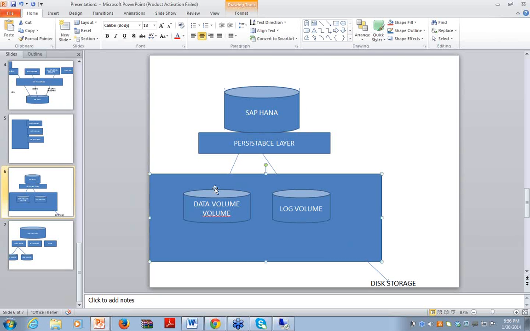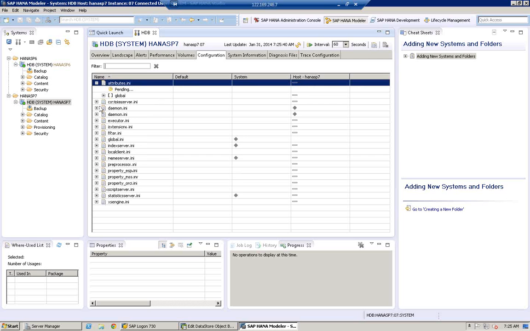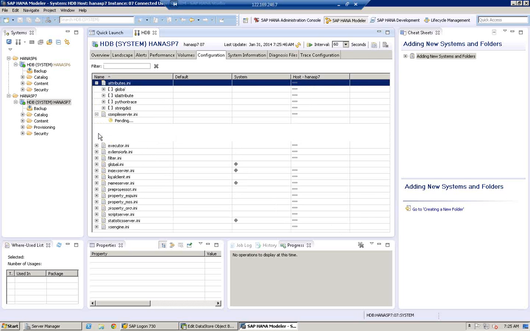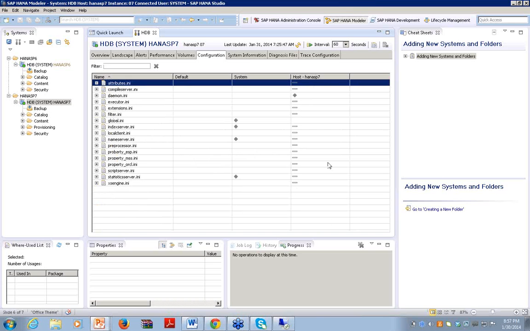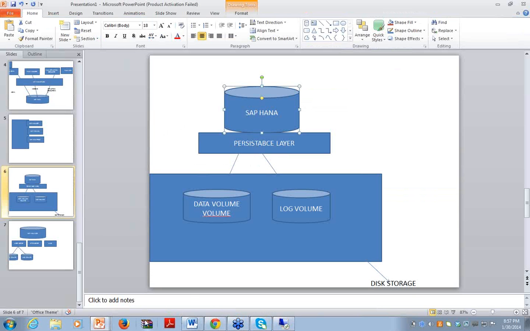So moving on to configuration. In configuration, you'll find so many INI files, initialization files. So what is this configuration? If you look at this diagram,